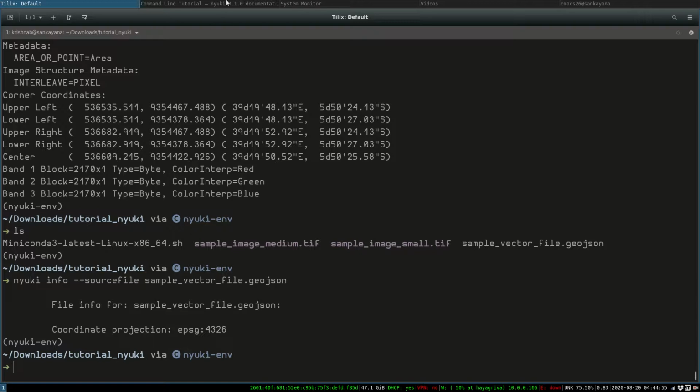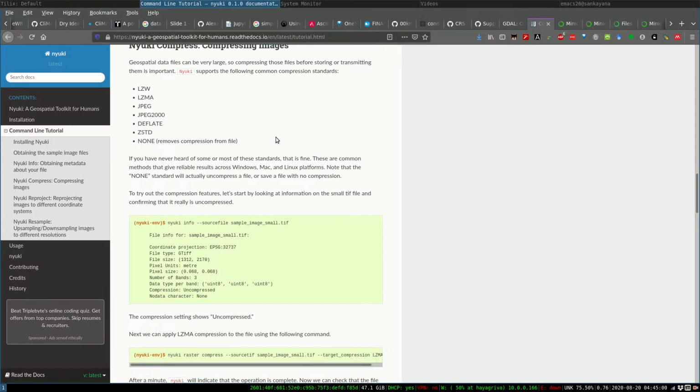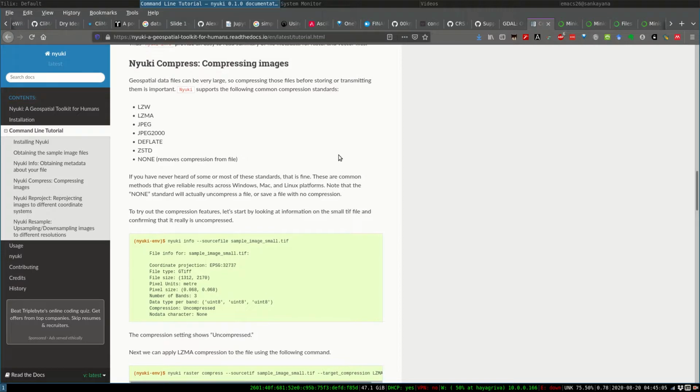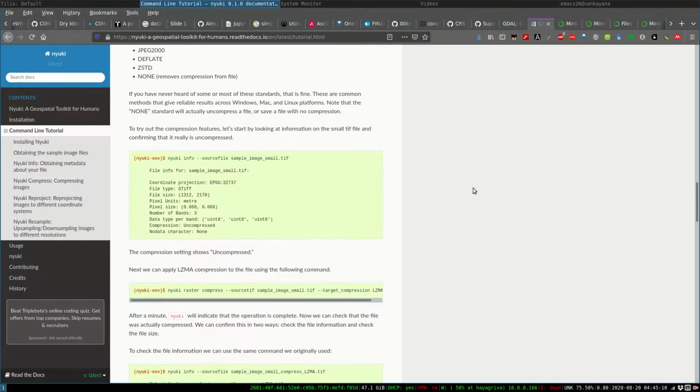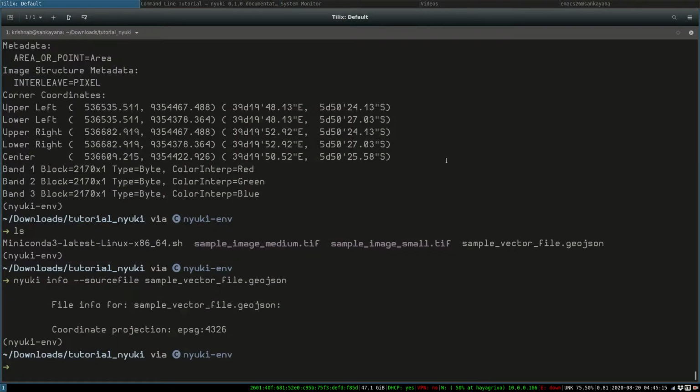The next thing we're going to show you is the compression tool, right? And there are a number of different compression standards. Geospatial, especially raster files, can get very large, so we like to compress them before sending them or uploading them to different places. The way that you would use the compression tool is to, well, remember that if you look